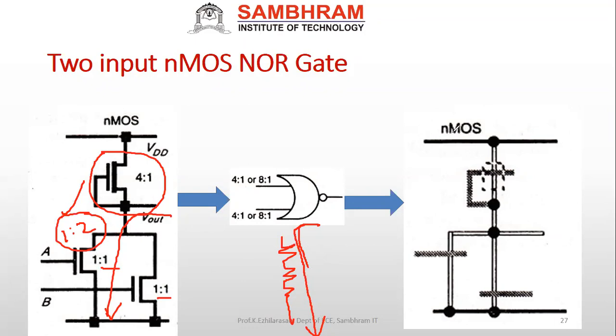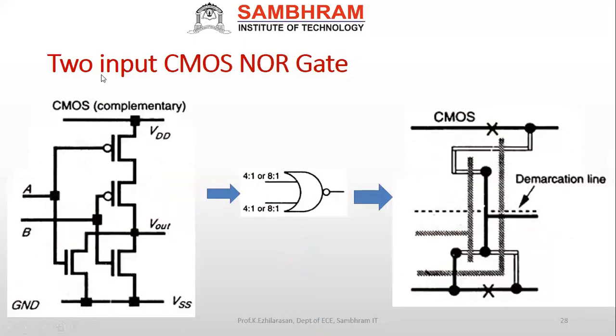So now we can see this NMOS monochrome notation. Same way, see in the CMOS NOR gate. Same thing, even here we have to use the ratios. Either we can use 4:1 or 8:1, we can use the ratio here. This is monochrome notation. This also we studied in the monochrome notation.